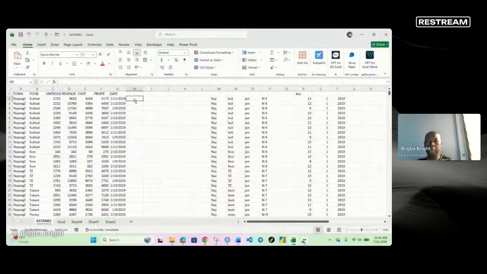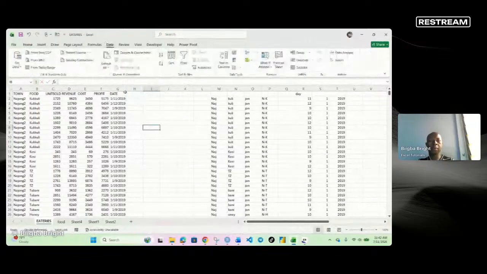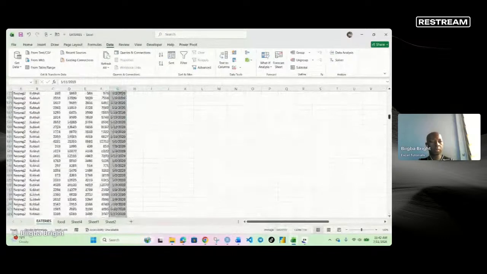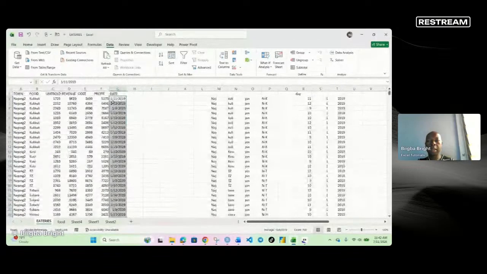I can come to this point and say equal to, or maybe this time around, not using equal to, but using the data function. So let's select the whole of that column and say that we want to separate the month, the days, and then the year, three different columns